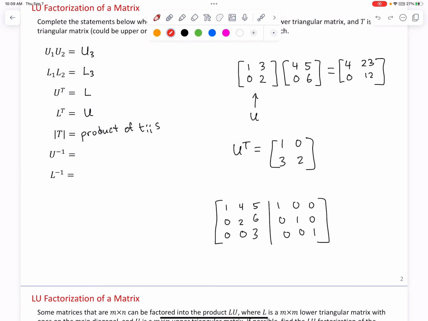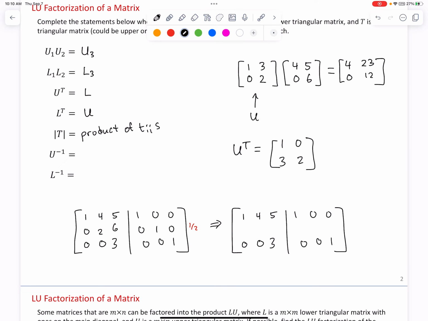And we can do that pretty easily by doing 1/2 of row 2 and 1/3 of row 3. That will get 1s on the main diagonal, both here and here. But once you have those 1s in those positions, you just need to do the third row operation to make zeros up above. For example, let's just go ahead and do 1/2 of the middle row, which will give me